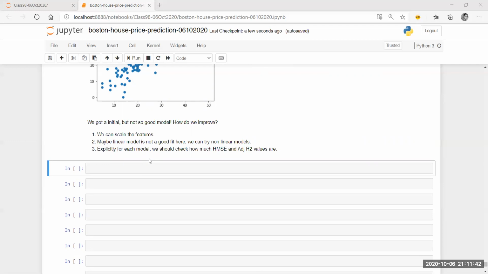We are going to take the training data and the testing data, and fit a model. We have already fit a model, right? We are just going to plot the model and see how the shape of the line looks. If I plot this, then I will come to know about my regression line.